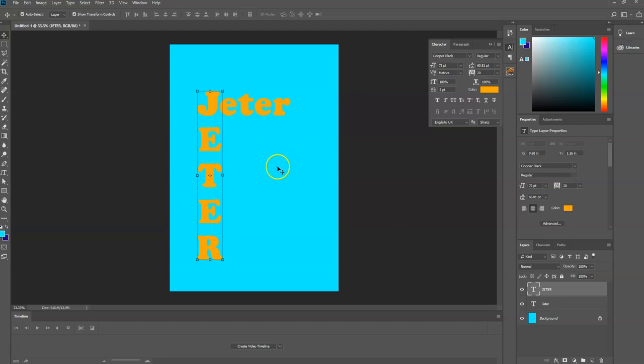So when you're creating something for people to see, sometimes it's better to stick with the conventional ways of expressing or writing text. All right, so I have Jeter pointing down. That's called stack letters, and it says in the instructions, reiterating what I just said, stack letters aren't typically